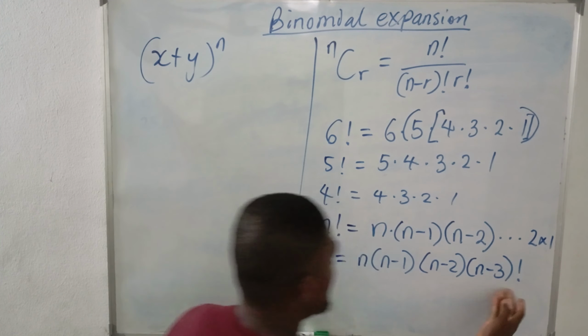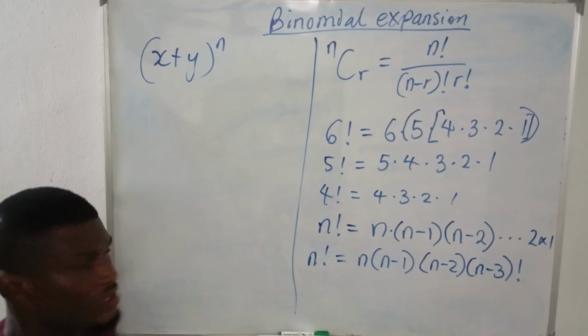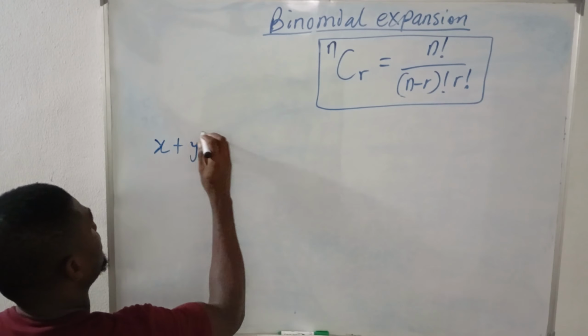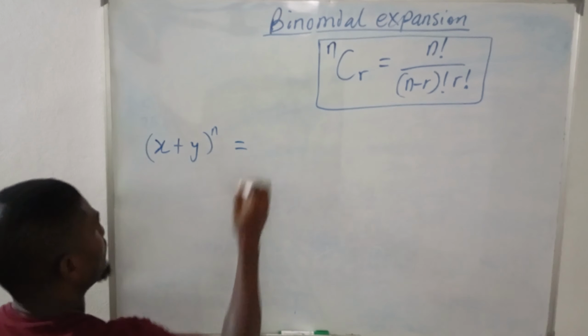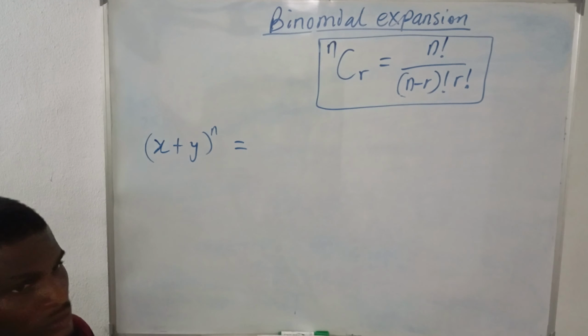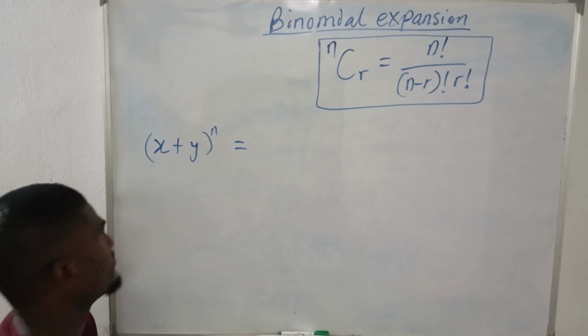Okay? Alright, that means I don't want to take it down to 2 and 1. So I can stop at any point. That's what I want us to take note of. Okay, so to expand this using the binomial formula, we'll start by saying